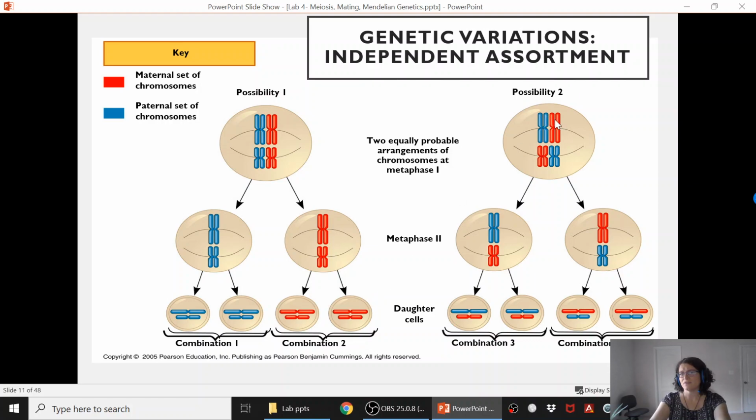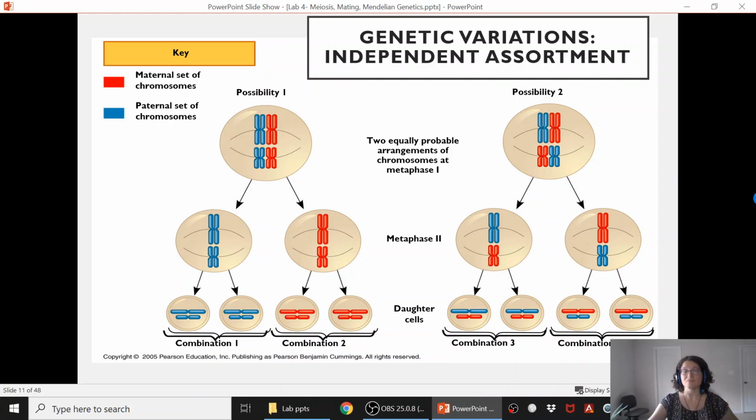But if they're flipped, which can happen to any of them, then now you have your dads go over here and your moms go over here. 3 and 4. But now multiply that by 23. 23 squared is the number of flips that can happen, number of combos you can create via this kind of